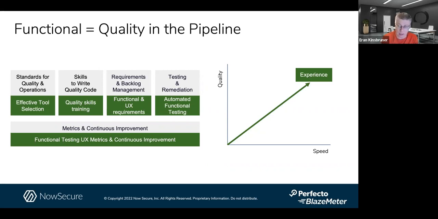So effective tool selection definitely drives efficiency and productivity, and it needs to match the persona, because we're talking about a squad who is responsible for a feature set or a specific functionality that is being built. These team members have different skill sets. They know Java, they know Swift, other languages. We need to make effective tool selection.